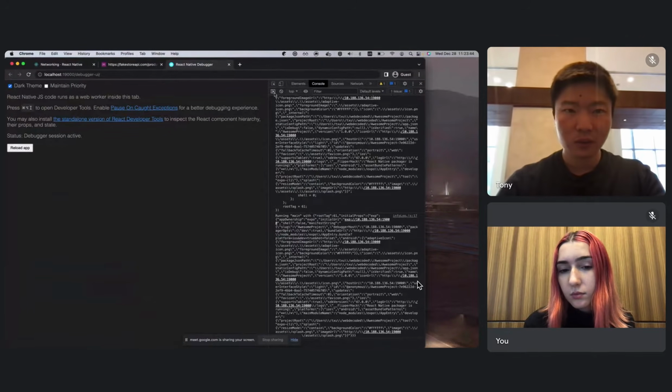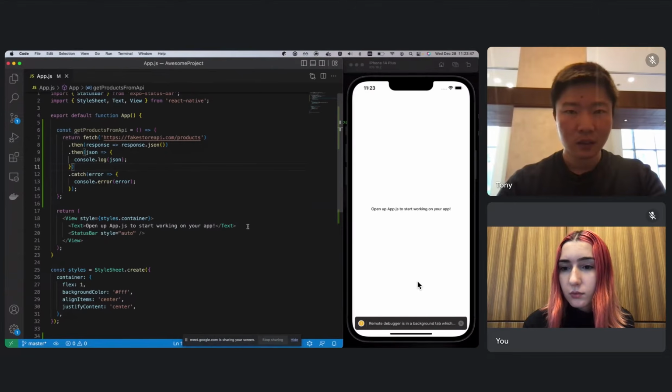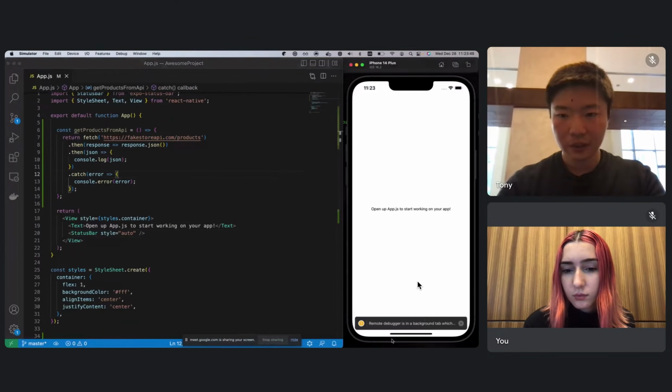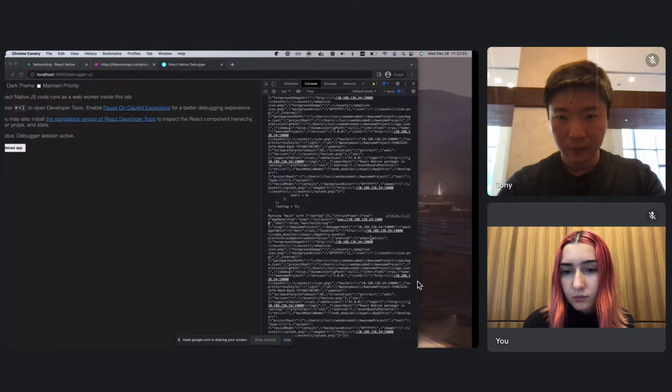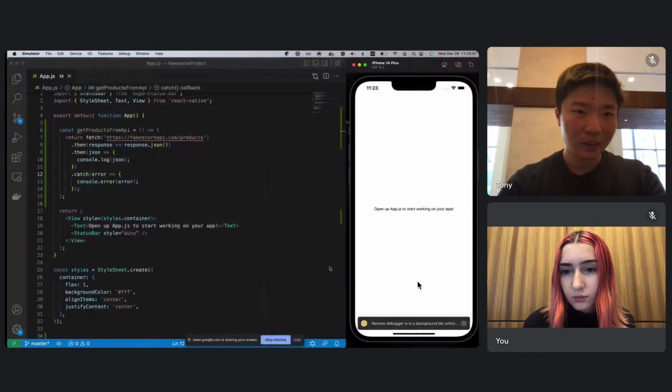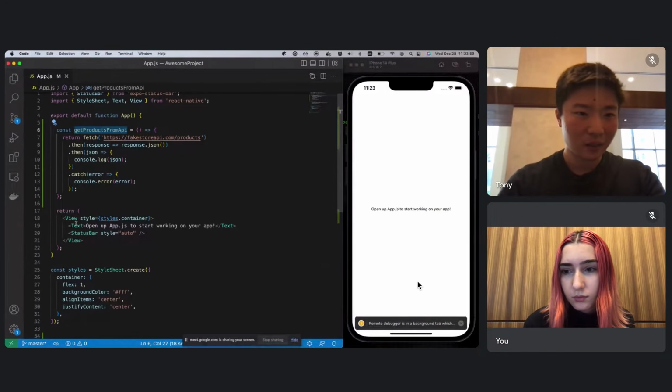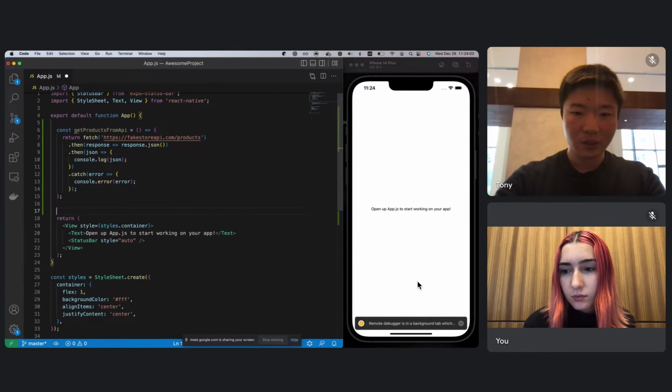We'll just get rid of those. And then if we refresh, oh, my bad. I need to actually call the endpoint for it to make the fetch.